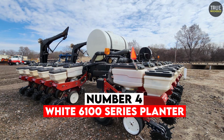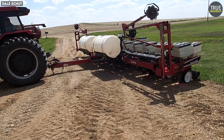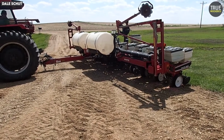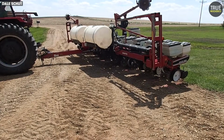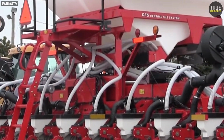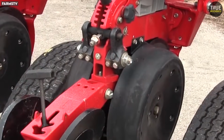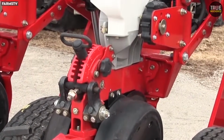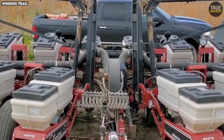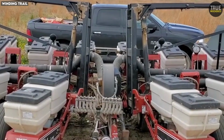Number 4. White 6100 Series Planter. Taking the number 4 spot is the White 6100 Series Planter, a machine that represented the pinnacle of White's planting technology in the 1980s. These planters combined everything White had learned from decades of building Oliver and White equipment into one exceptional package. The 6100 featured White's most advanced finger pickup metering system with precision that rivaled or exceeded any